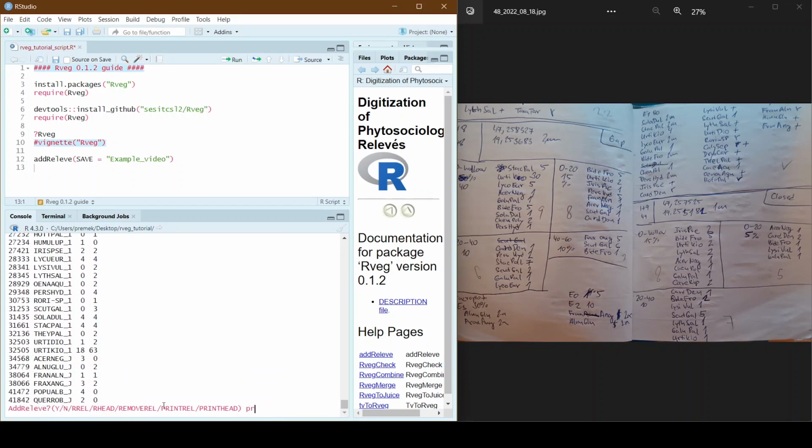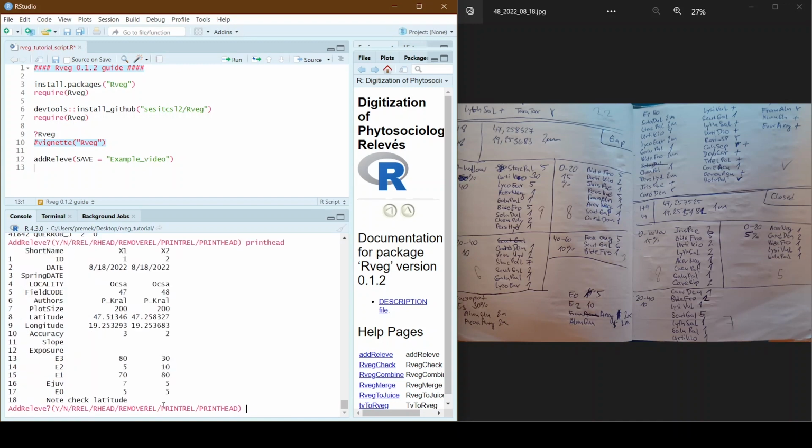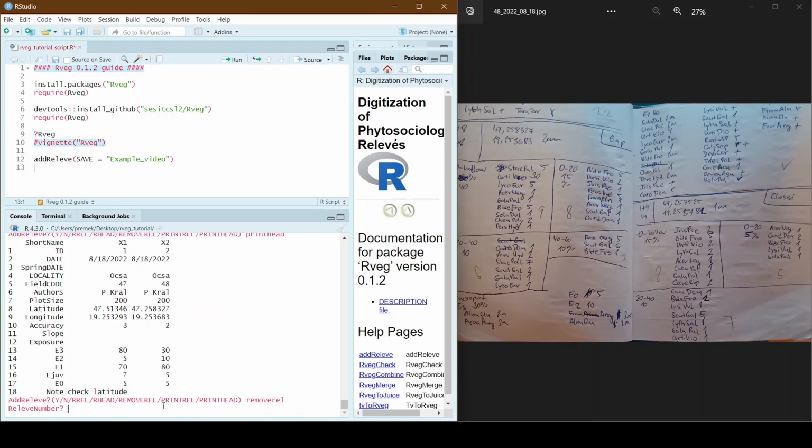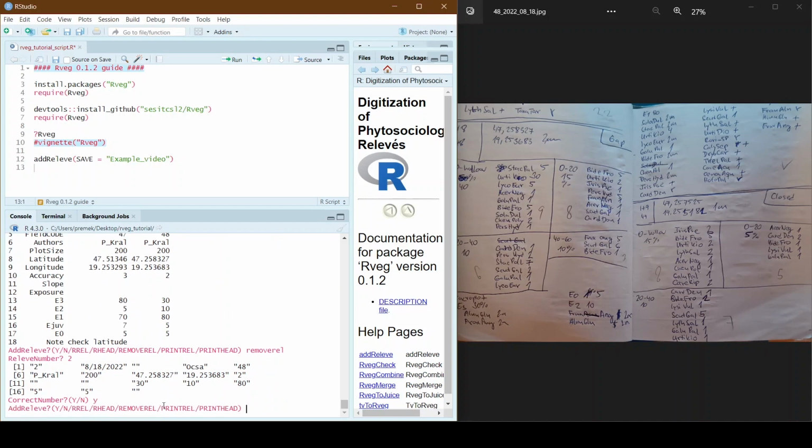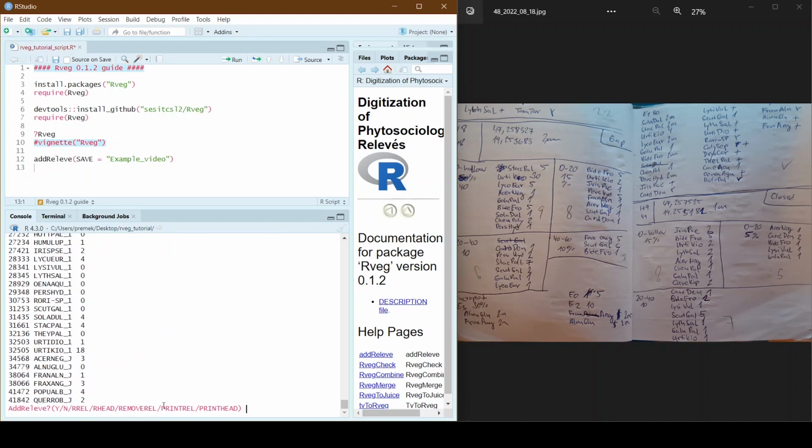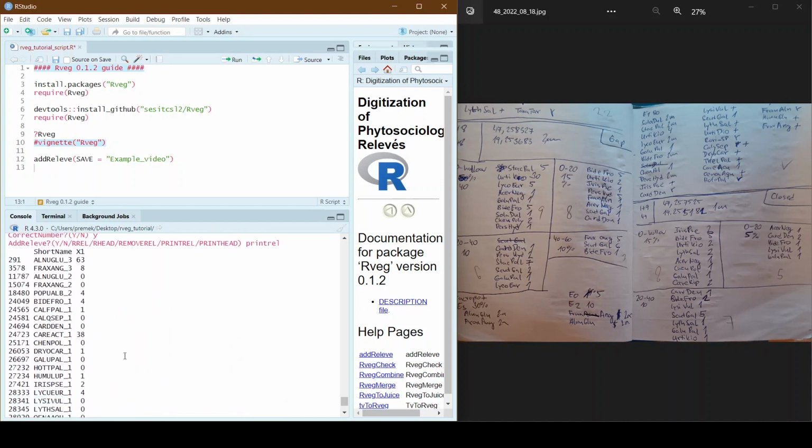And another thing, the last function in this menu is remove relevé, which will simply delete the relevé and the header as well. So let's remove the last relevé, and if I run it now, I can see there's only one relevé.